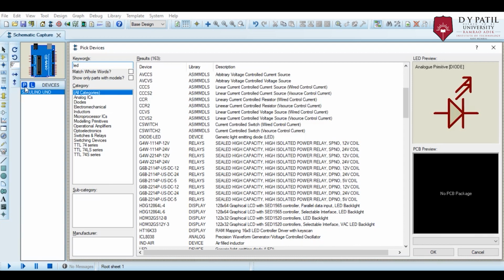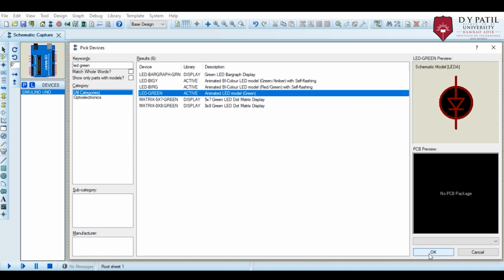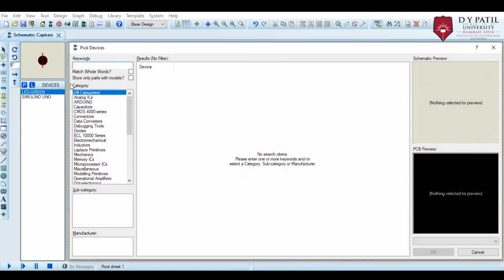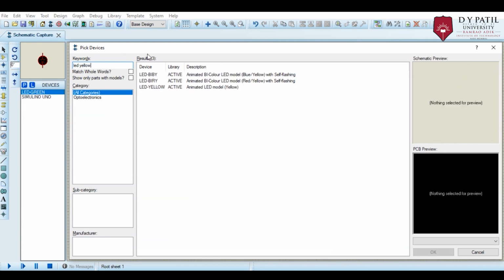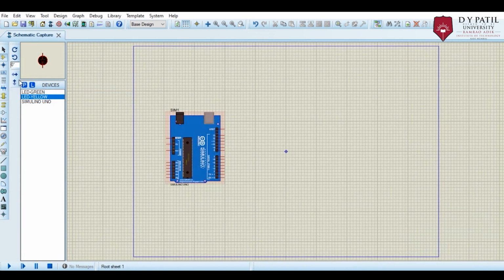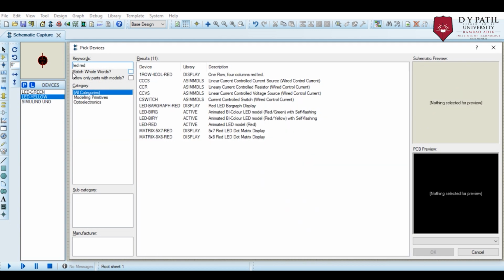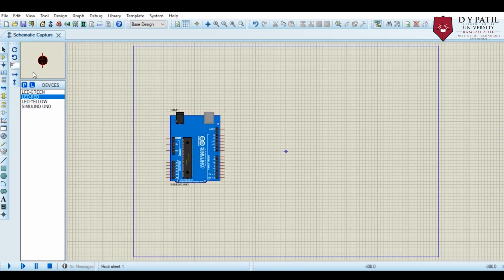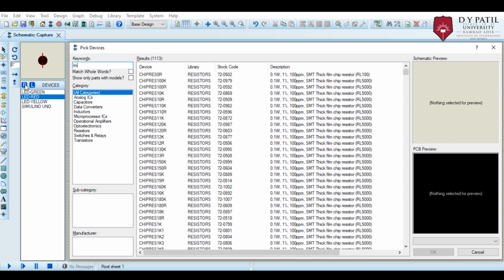LED green, LED yellow, LED red, and a 16x2 LCD display.